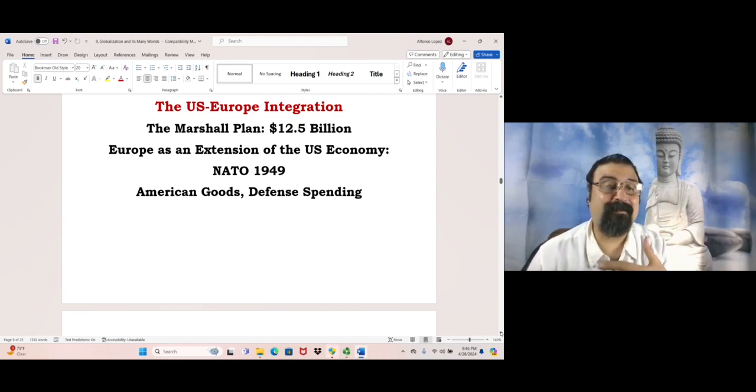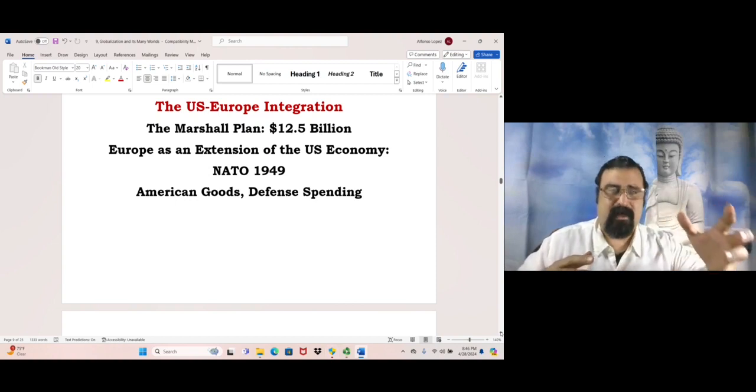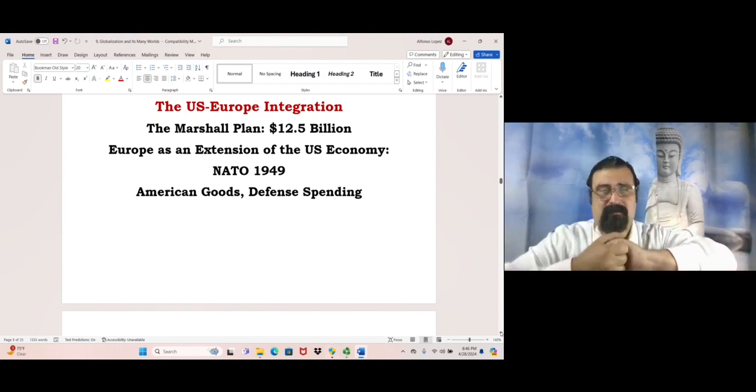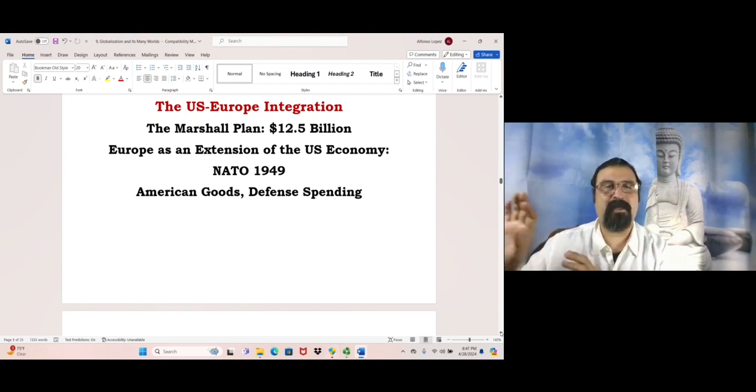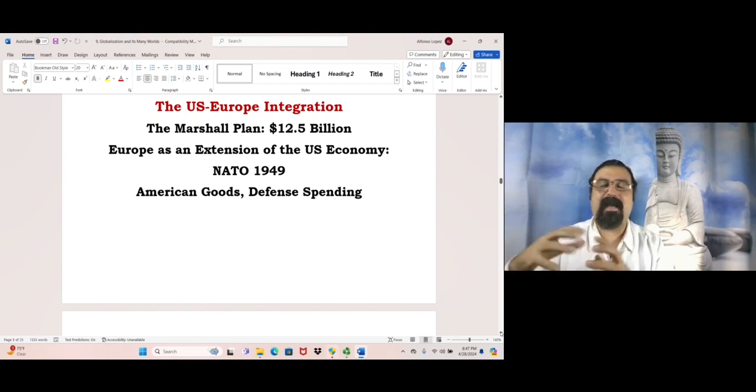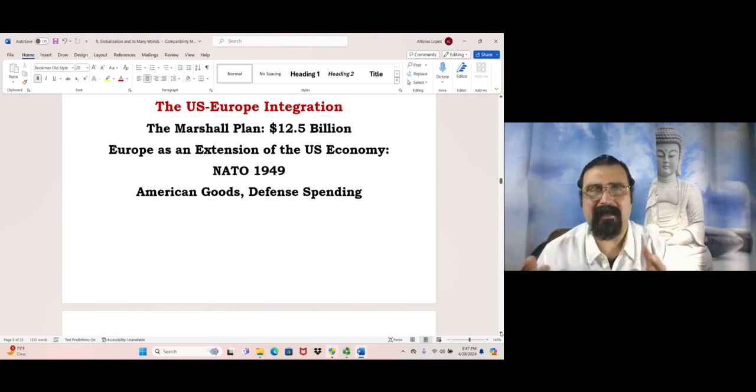We can see that with the creation of a multilateral military alliance that came in the form of NATO, the North Atlantic Treaty Organization, in 1949. And that is Western European countries and the United States, along with Canada, building a defense system, a defense alliance, to defend themselves from the Soviet Union and their allies as well. Again, this defense alliance, called NATO, is also consolidating the American-European integration, because it's not just that